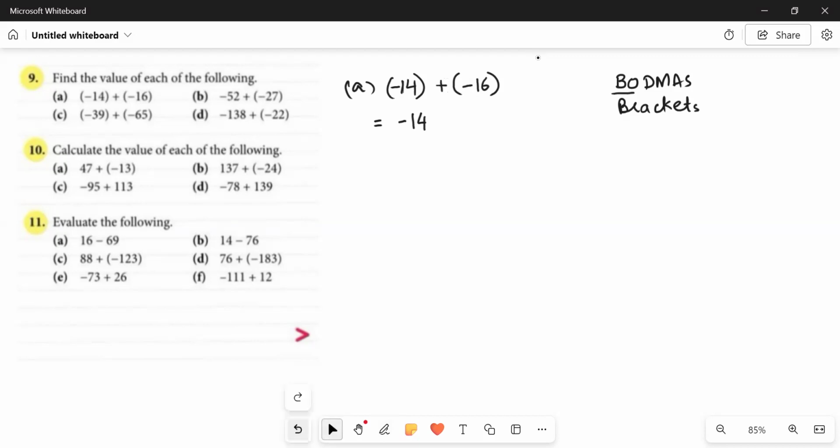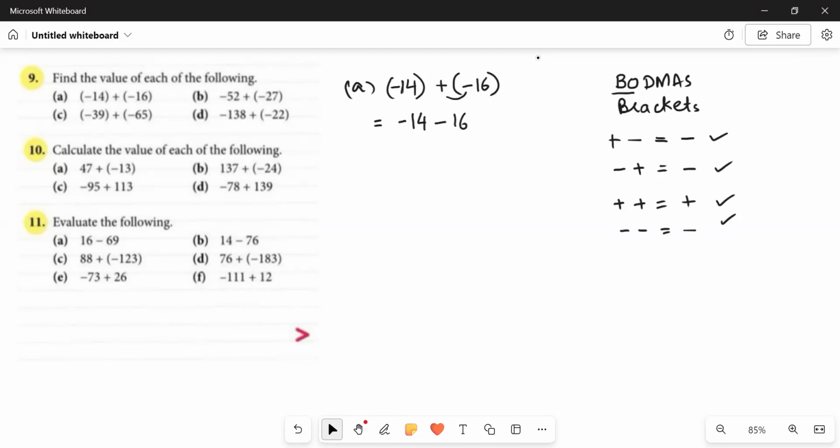When we have two signs outside and inside of the bracket, these two signs get multiplied. Plus minus gives us a product of minus. Similarly, minus plus is equals to minus. But when it comes to the same signs, it would remain positive. Okay, so if we have two signs inside and outside of the bracket, we have to change them accordingly. Since this is plus minus, it would get changed by minus, and we would have two integers as minus 14 and minus 16.